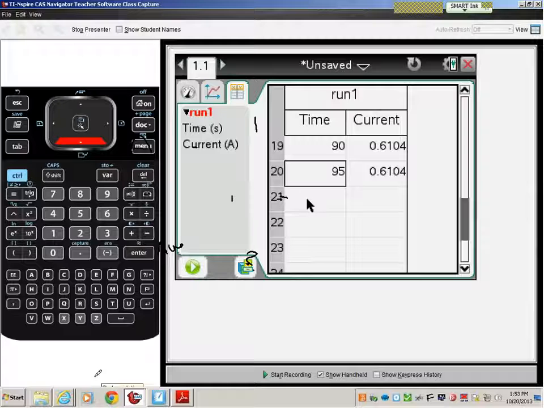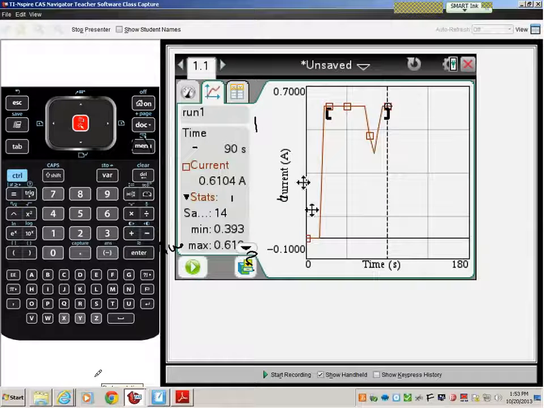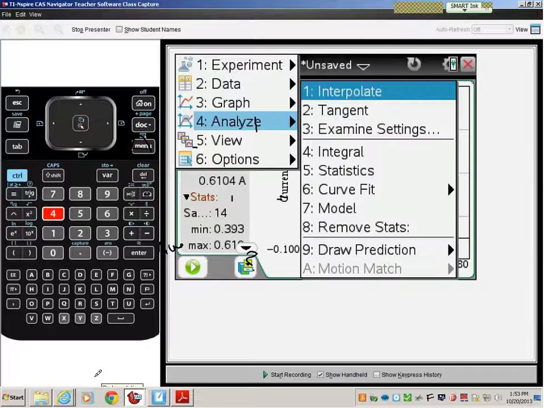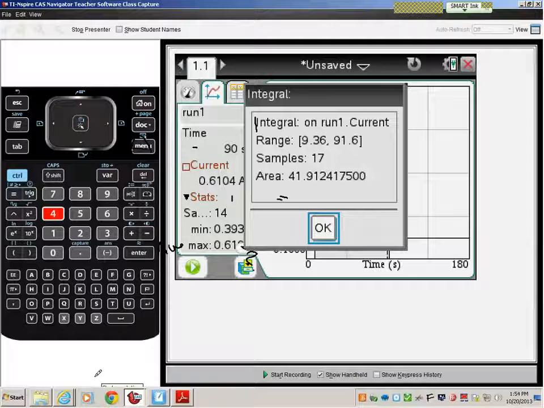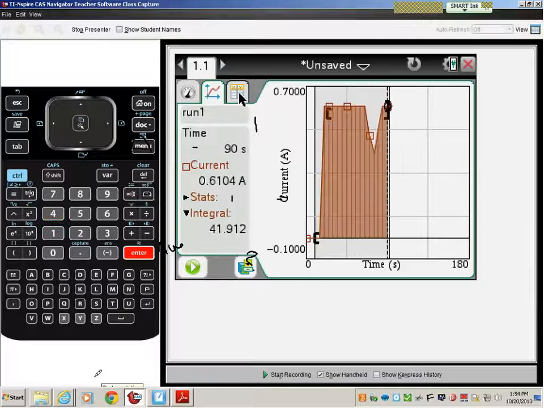Okay, another way is I could say, well, let's look at the graph. And let's look at basically from the beginning. So I'm going to click in here, and I'm going to take it over to where I ended, and say, you know what I'd really like to know is how many amps are in there, and if I understand what I just did, I'm looking at the area underneath that graph. So if I go to Menu and I go to Analyze and I go to Integral, number 4, it tells me that the area was 41.92,